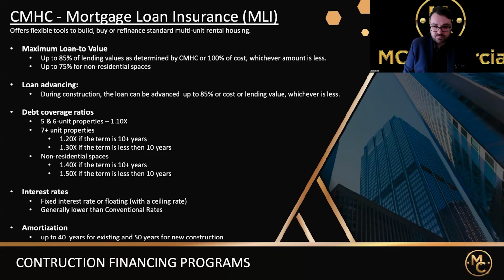Interest rates, there's both fixed and floating rates available. It's going to be dependent on which lender you choose to go with, what they have available, but CMHC works with both. And it's important to know that when they approve a deal, they're going to put a maximum ceiling rate. This should be considered before you submit, because whatever rate is used as a ceiling rate is going to appear in your COI, and you won't be able to fund your deal if the actual rate is higher than that by the time you convert to your long term. So always important to discuss that with your broker or lender, just making sure that you are applying a proper ceiling rate and you have room if something happens in the market.